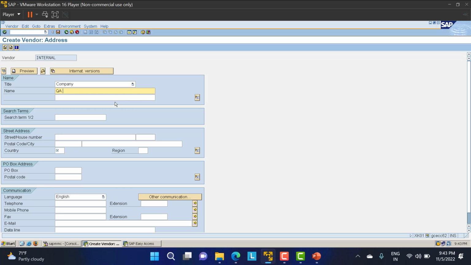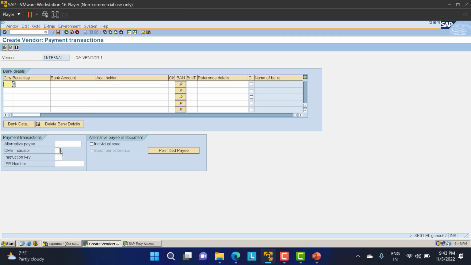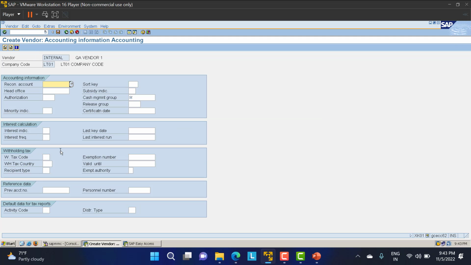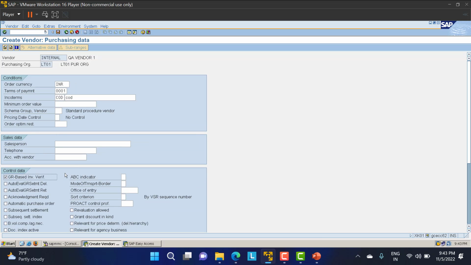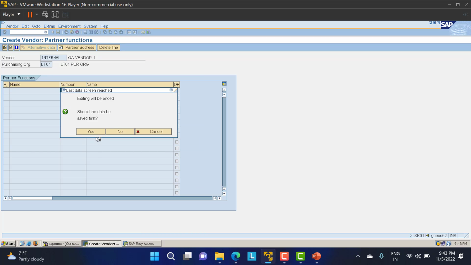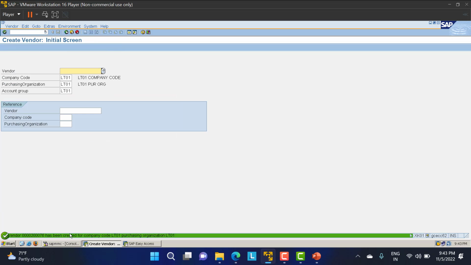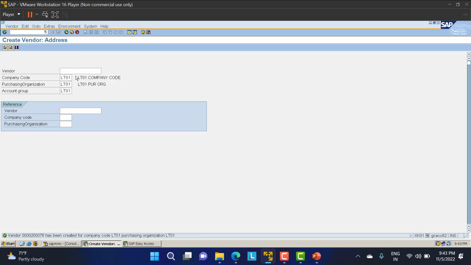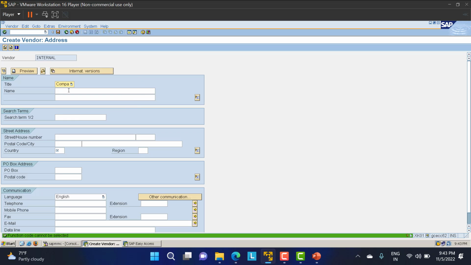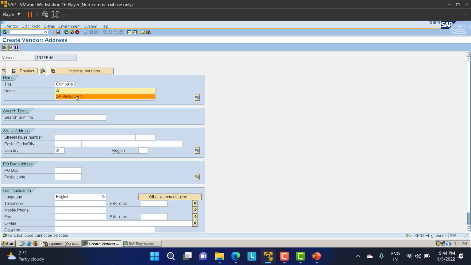Quota arrangement vendor 1, I'm just taking like this. I'll create 3 vendors, and with them I'll proceed further. GR based, you just do it. Click enter, just save it. I have created one vendor, that is 76200076. Second vendor I'll be creating, the title is company quota arrangement